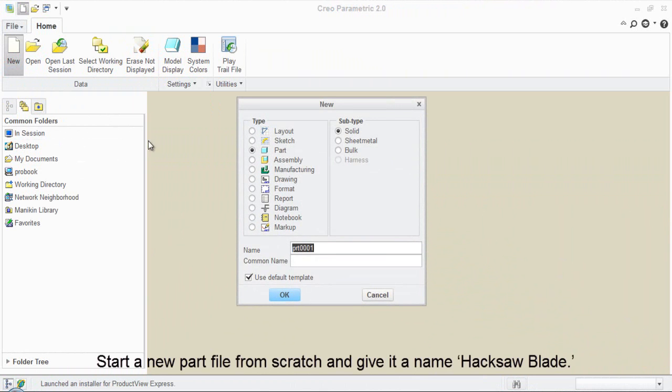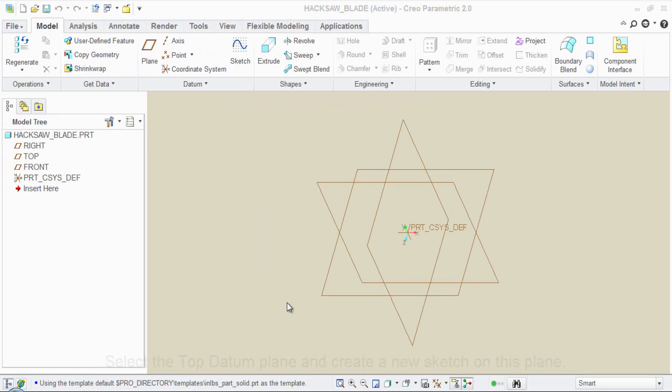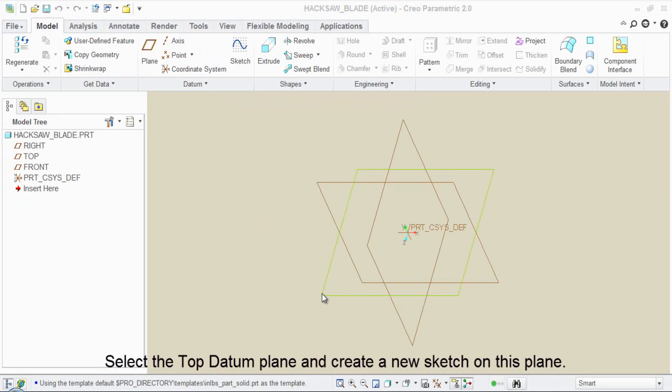Start a new part file from scratch and give it a name Hexa Blade. Select the top bottom plane and create a new sketch on this plane.